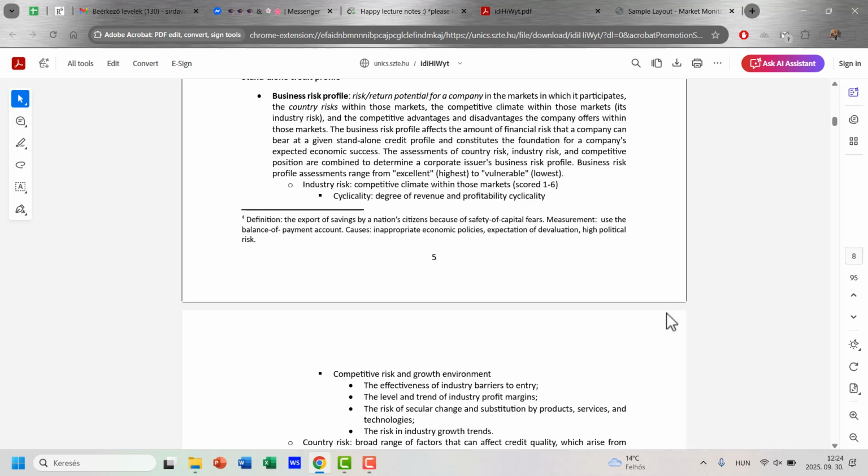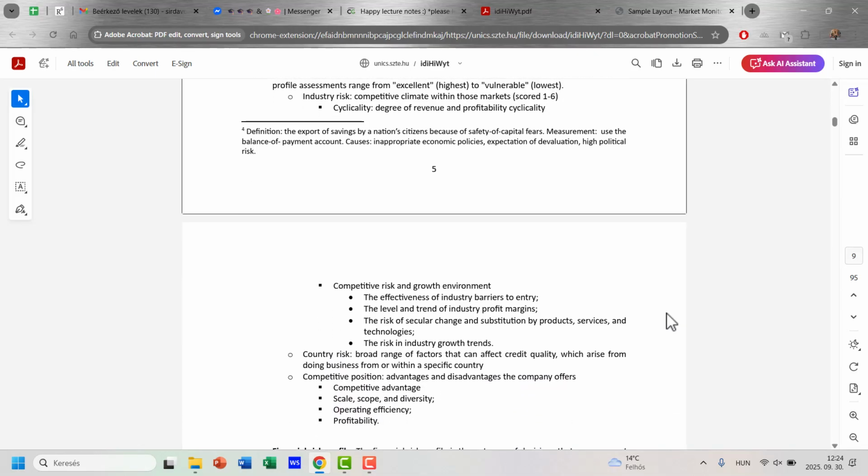So first of all, industry risk. How cyclical is this? Because if there is huge cyclicality, especially in the IT sector, at least in hardware manufacturing, it can happen easily that we are building up some manufacturing lines, then there is some kind of a boom in manufacturing elsewhere, then suddenly the whole market is flooded with RAMs or processors or something else, or the other problem is that it's not just a supply-related cycle, but also a demand-related cycle.